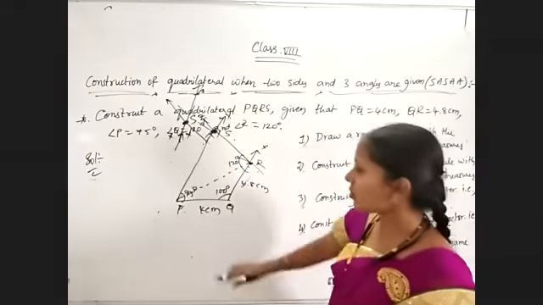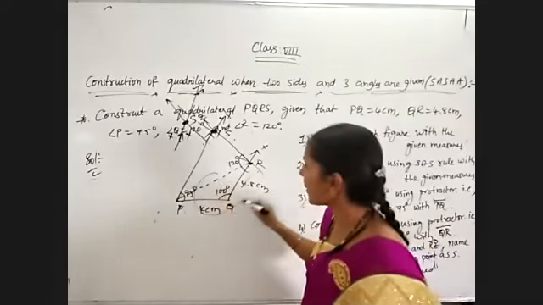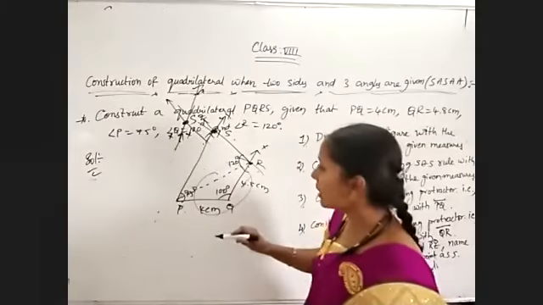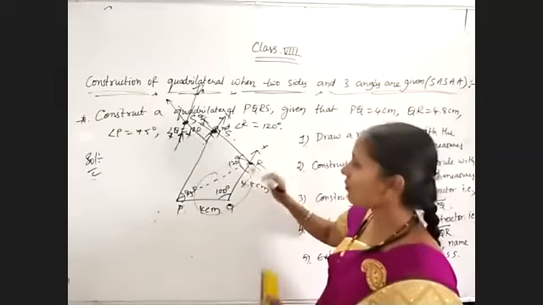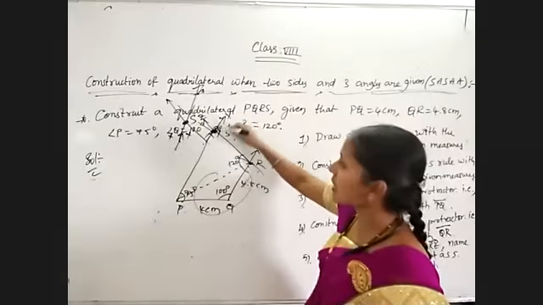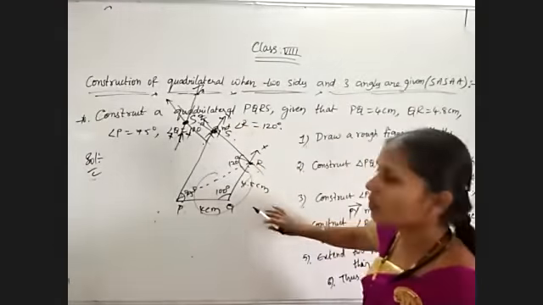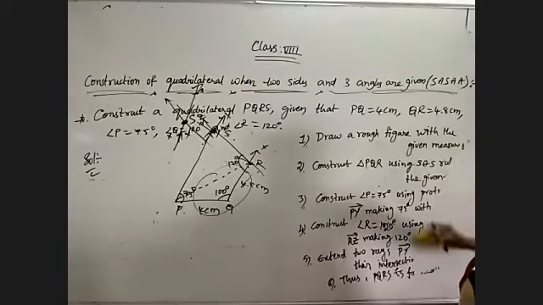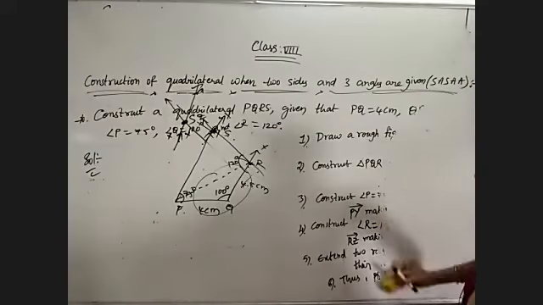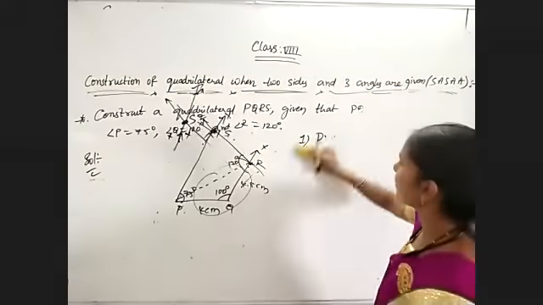That's all. So my first point is draw the rough figure. Second point is construct triangle PQR. And third point, construct angle P, construct angle R. Fourth point, wherever those two rays are meeting, that point is S. Thus the required quadrilateral PQRS is formed. Now coming to the next question, the parallelogram question, just before whatever I have explained.